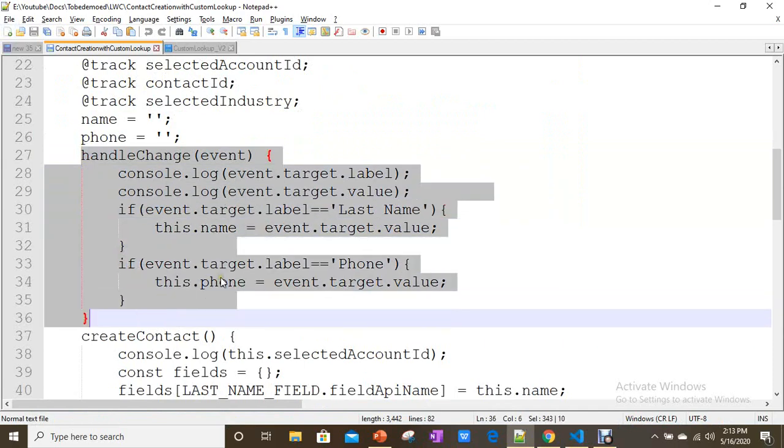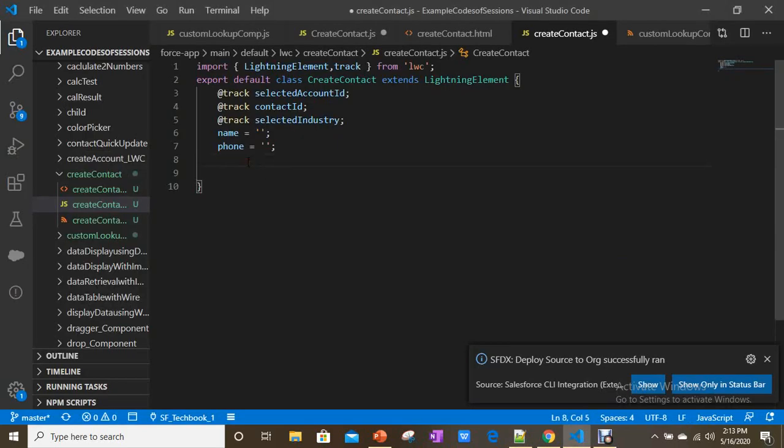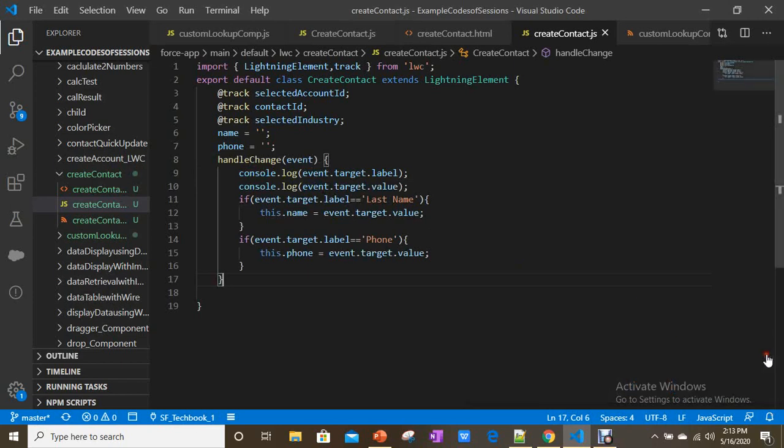So in the change event, if it is last name as a label, then I am assigning it to this.name. For this property I am assigning the value whatever the user gives in the input box. Simple. Here also, you know how it works.